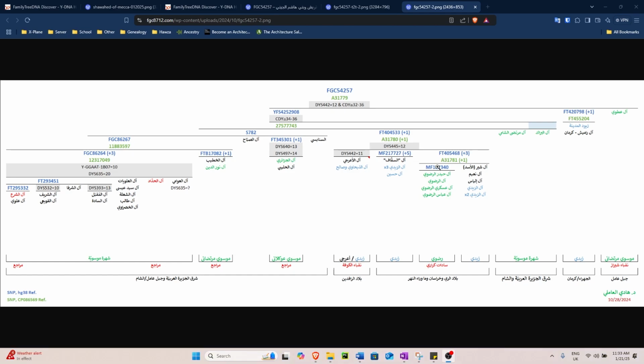And there's also the Al-Saqqaf family, which claim a Jafari Ba'alawi lineage from Abdurrahman al-Saqqaf, but they match closely with the lineage of the Tirmidhi Zaydis. So overall, this branch, FGC 54257, contains people with a variety of claims, but it has been labeled Zaydi due to the following reasons: the Al-Zayyud, the Dabhawi, A'raji families, and of course the overall structure.